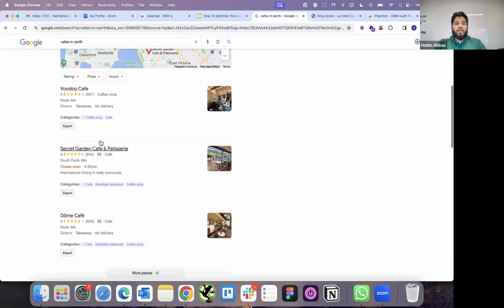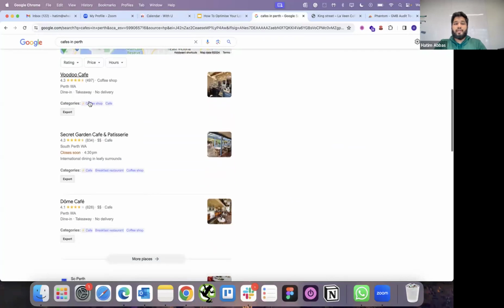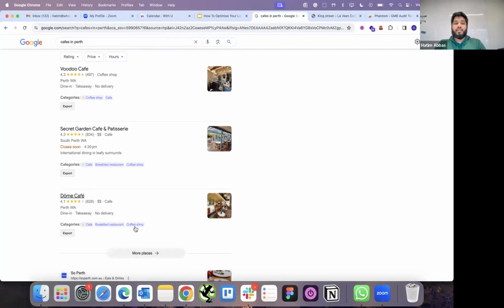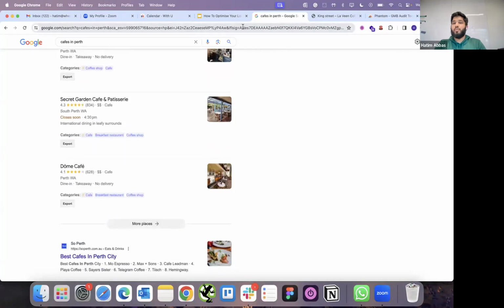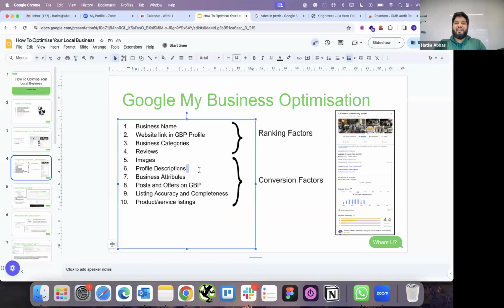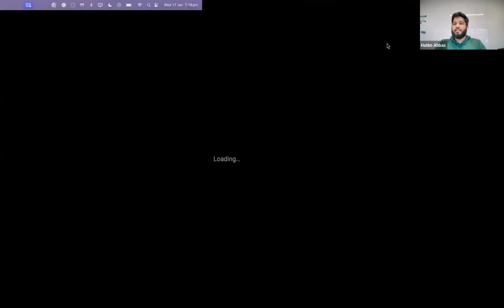You see these little other things that are coming up, coffee shop, cafe. The lightning mark shows that it's the primary category. So as soon as I search cafes in Perth, Google knows that cafes probably means coffee shops and it matches you accordingly. So it uses these category options to understand what's going to come up. Make sense? Cool, I really hope so. Next up, what do we have next?